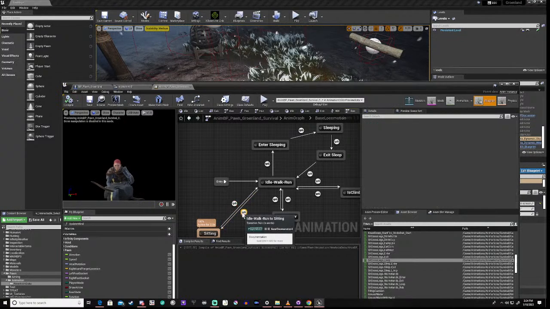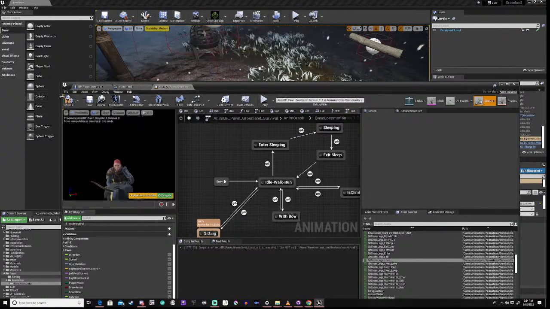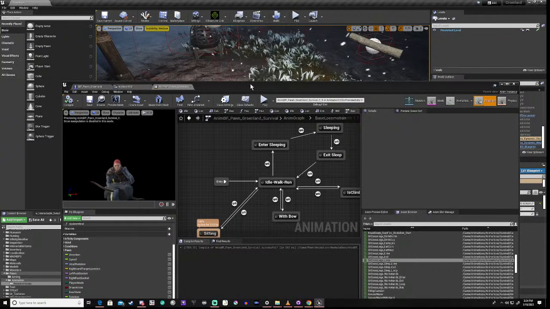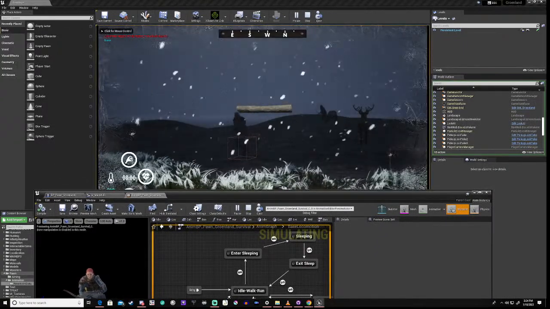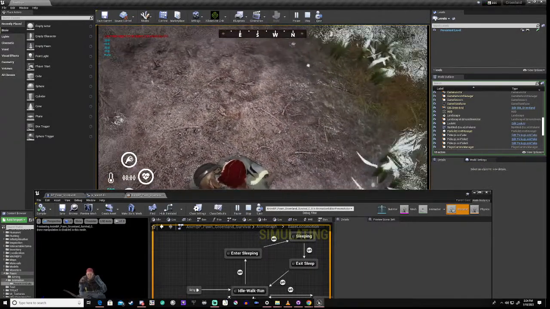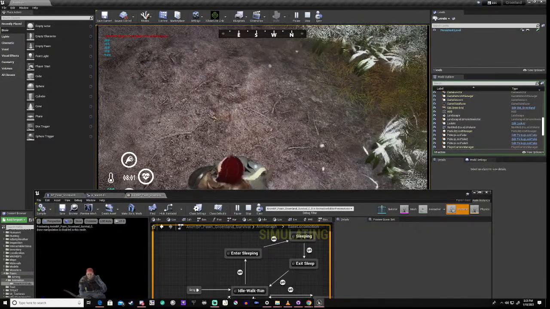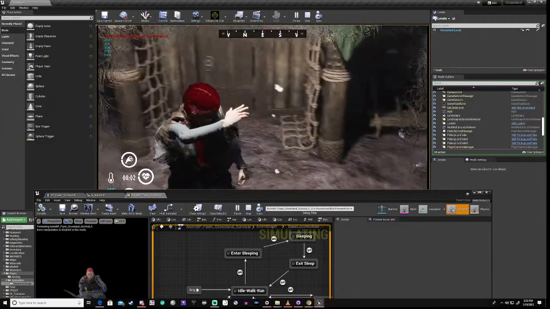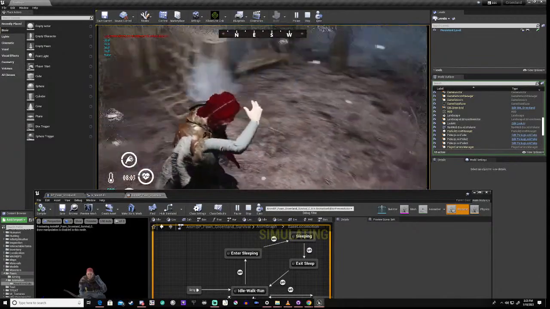Okay, and we're going to change this to 1.5, I think, so that she sits down a bit faster. As we can see her there, okay,